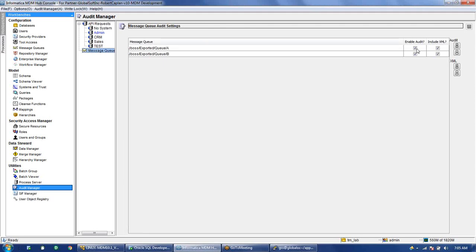Once we come here, I have already enabled this audit and include XML. So just enable the audit and include the XML. It is not required as such, but in the initial phase, if you want to look into the data, like when I insert any record or update any record, what XML is getting generated and sent to the downstream systems, you will have to enable the audit. Then there is an audit table, C reports audit. That's the name of the table. In that audit table, we can go and see the XML file.